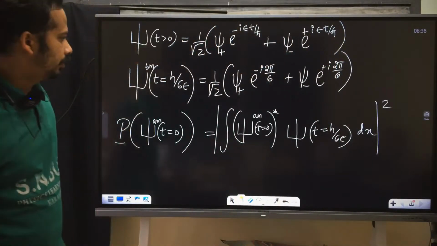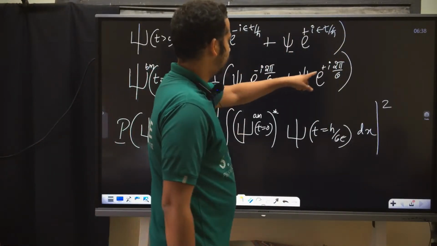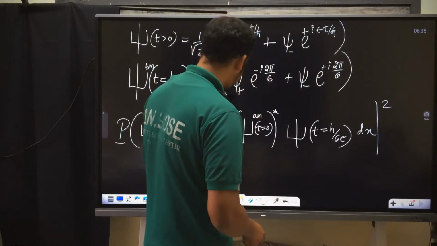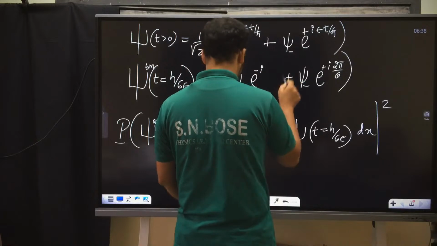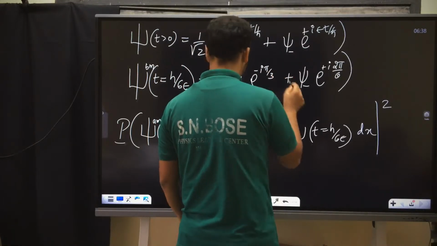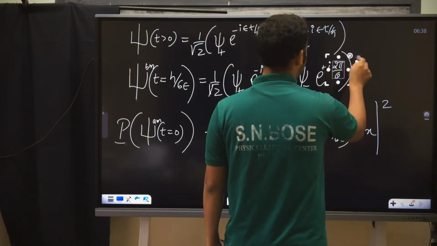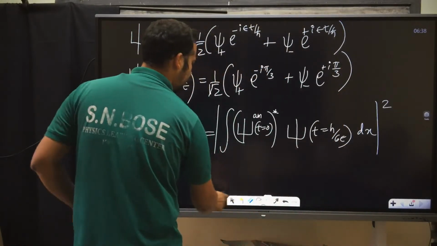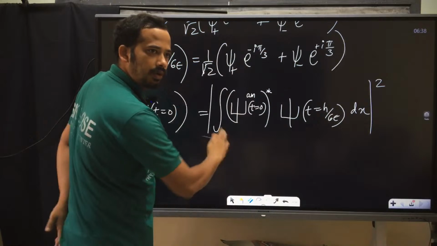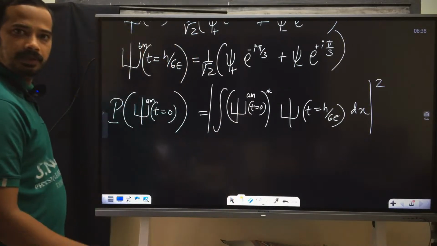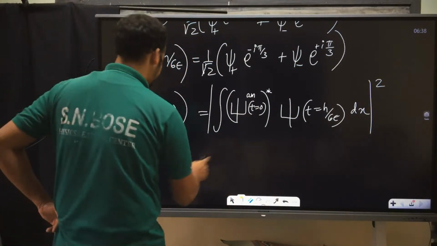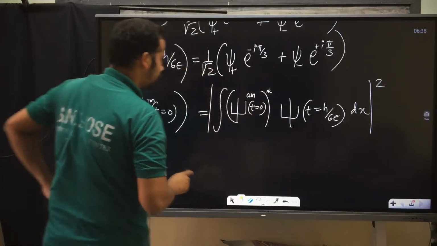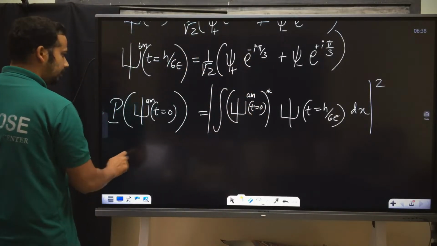Mod square. Now, what are these? Is there any way to get pi by 3? Can I write directly pi by 3 here? I think some sine or cos would come. You better do that one, don't substitute. Cos or sine would come, I am guessing. Am I right? No. So now this integral is over the full range of interest. That's why that integral is equal to.